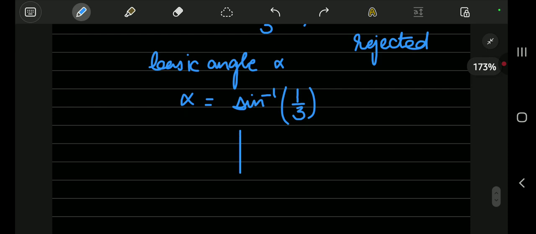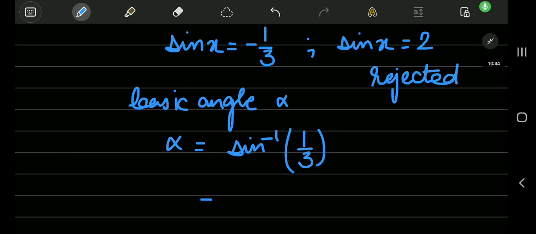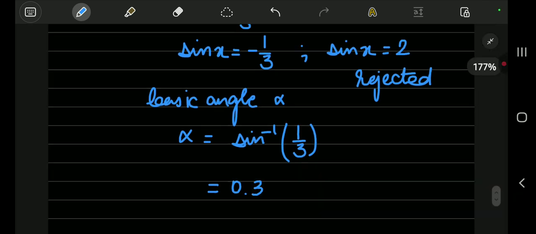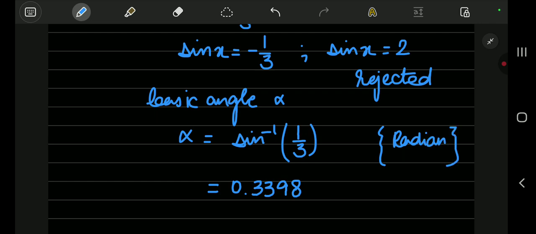So what is sine inverse of 1/3? 0.3398. Make sure your calculator is in radian mode, because your range is given to be